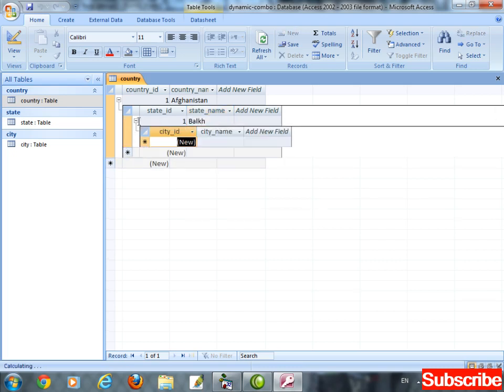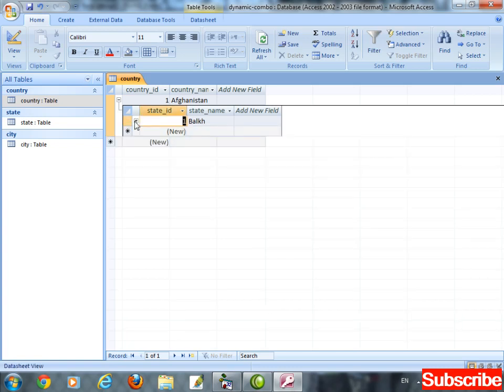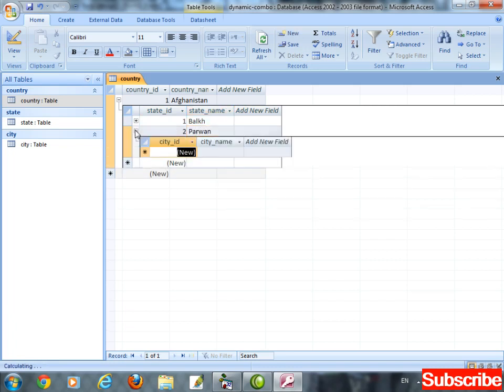Inside Balkh, we have cities: Mazar Sharif, and the second city is whatever. Okay. The next province inside Afghanistan is Parwan, and cities inside Parwan.